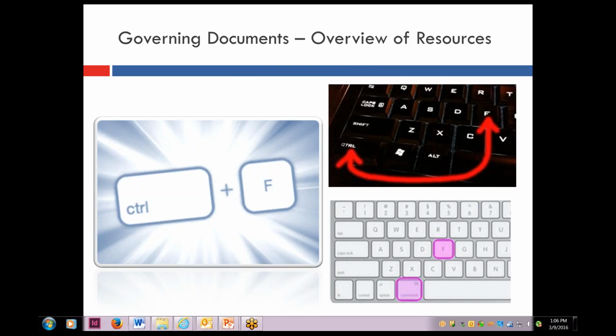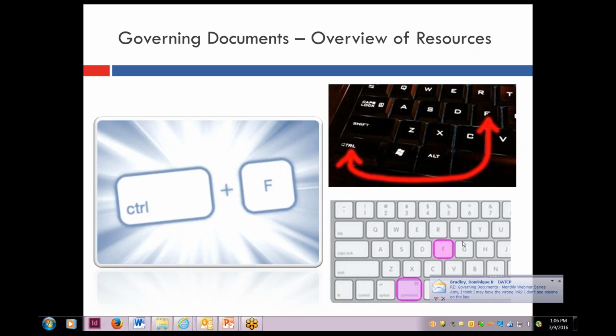Before I go any further, we're going to talk about Control F. If you're on a Mac computer, this is going to be Command F. And if you're not using Control F, I cannot recommend it enough. It saves the day and will save you tons and tons of time. So Control F is the search feature. It's a key command that you can use on any computer, and it allows you to search wherever you are.